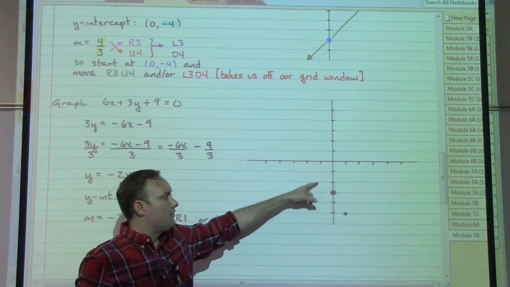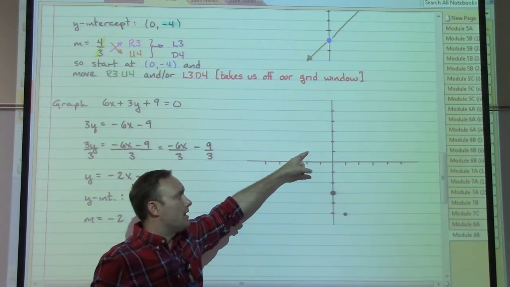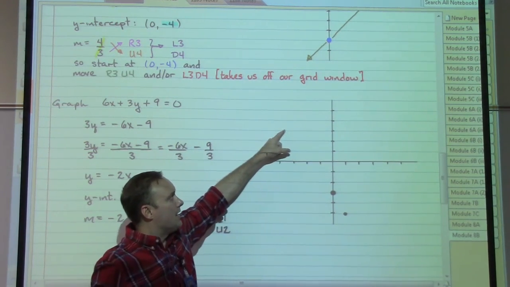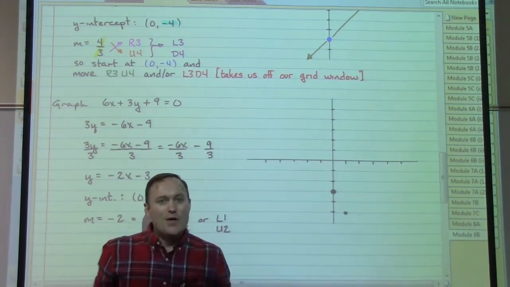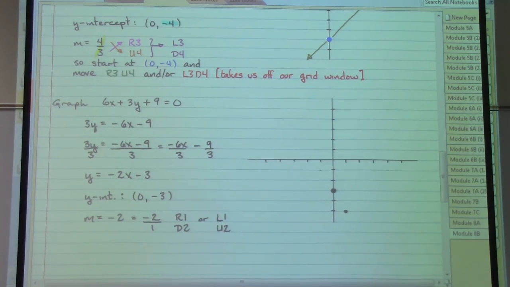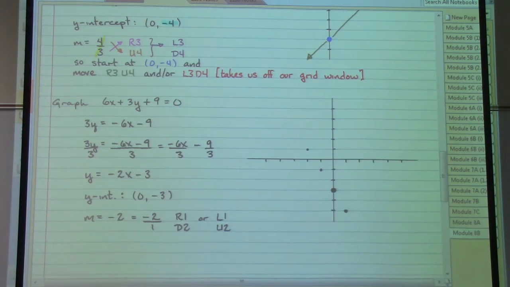If we move to the left 1 and up 2, and we even have more room, we can move to the left 1 and up 2 again, and again, and again. We can actually put in several more points that appear on this particular line by using that set of